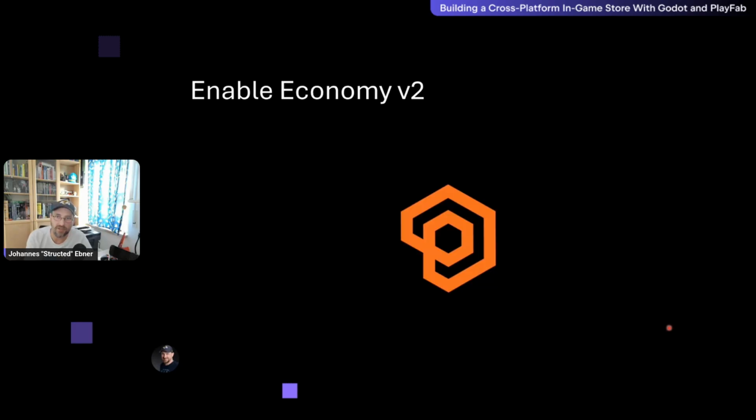You also need to enable economy v2. That in fact requires a credit card, but it's still free for 150,000 requests, so that's quite a lot. But how to enable that is a little bit hard because the economy, it's a very fresh